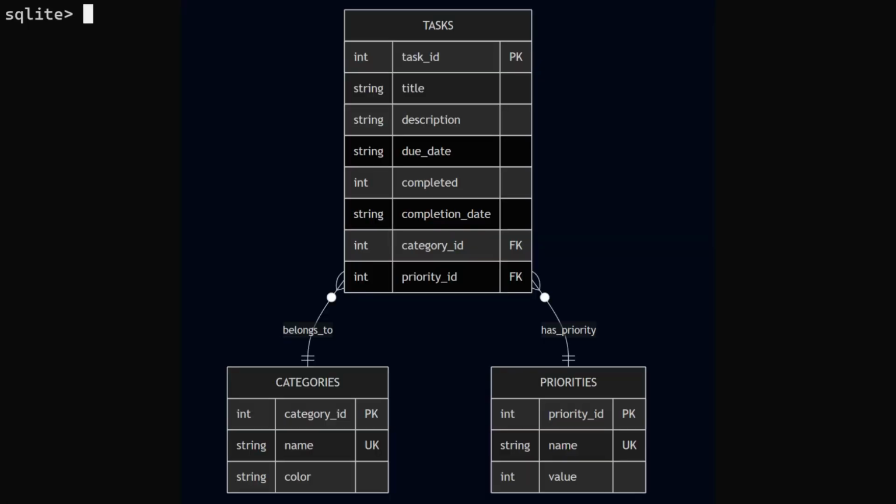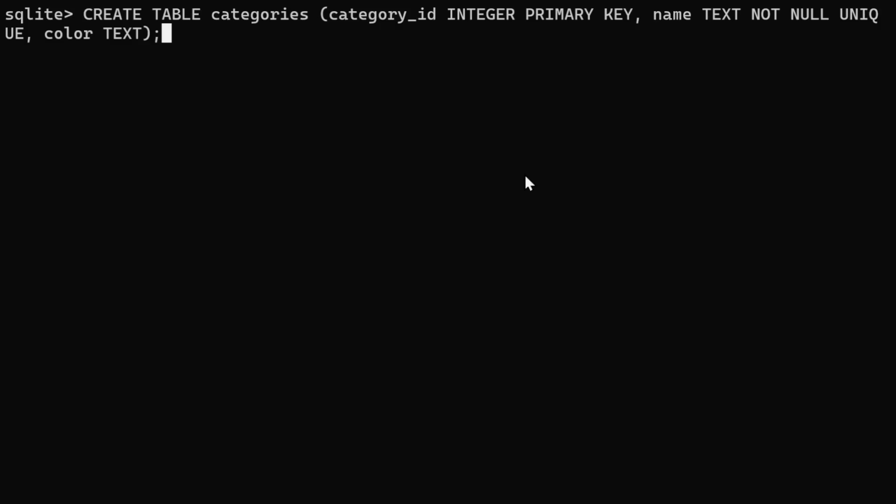Here you can see we have the ER diagram of our database. We'll have three tables, and the first one would be categories, which would be more or less static. We can add or remove categories if we like. And similarly, we have the priorities.